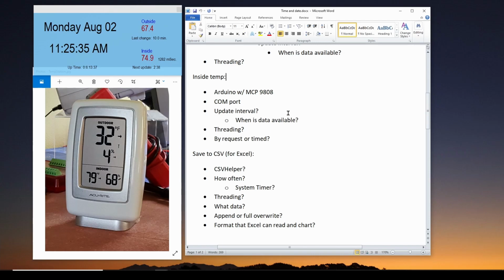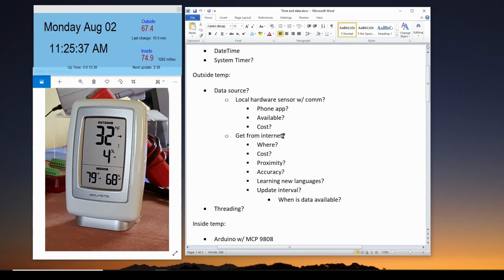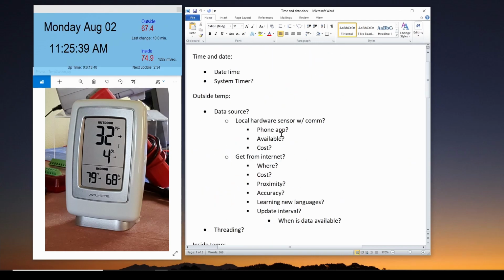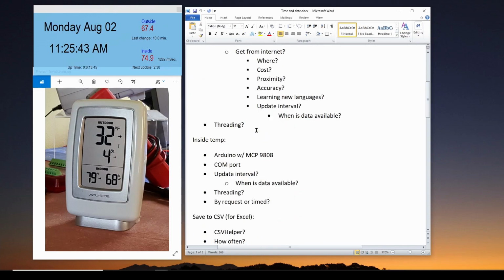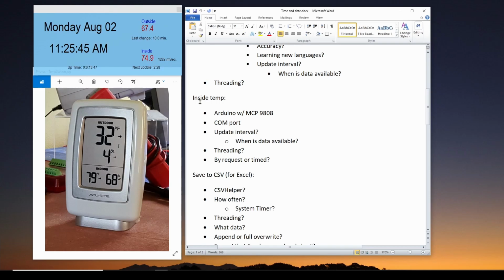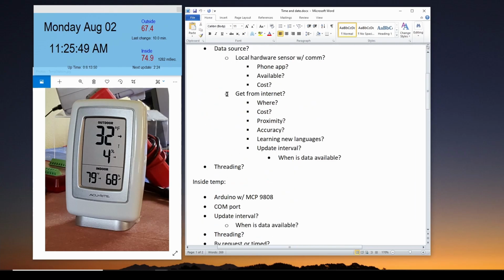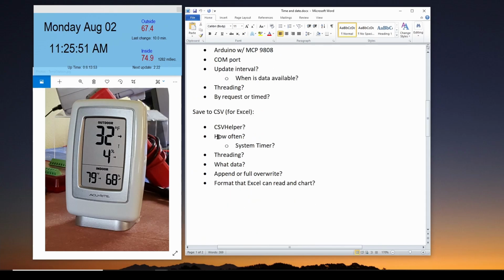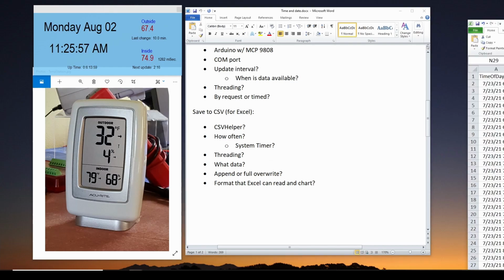So what we're going to do in the next one is start looking at the app that I've developed, and we're going to go through it. First of all, we'll look at the inside temperature and how we did that with the Arduino, then the outside temperature, and then we're going to look at the CSV, how we save that and make CSV files, and then how we drag and drop into Excel